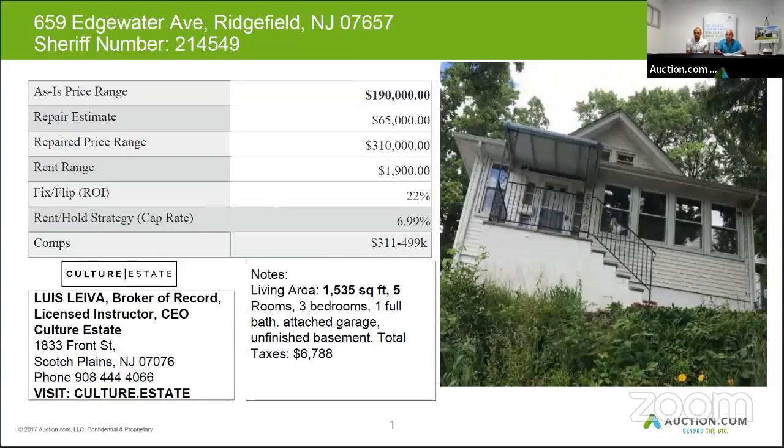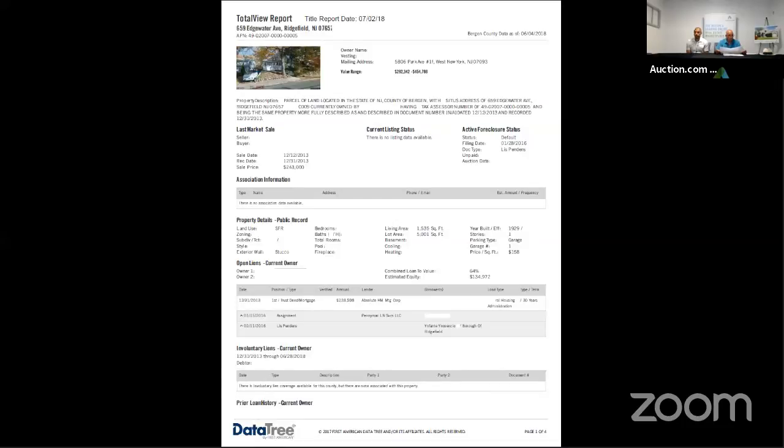This home can be resold for around $310,000 when it's repaired. You may want to budget $65,000 for construction, and you can rent the home for about $1,900 per month. In 2013 there was a sale price of $243,000, at which time they took a mortgage for $238,000. The lis pendens notice was filed in 2016, so you have a couple of years' worth of taxes,